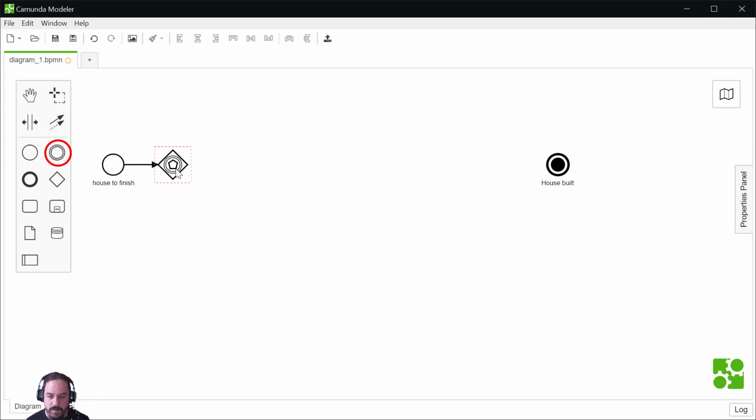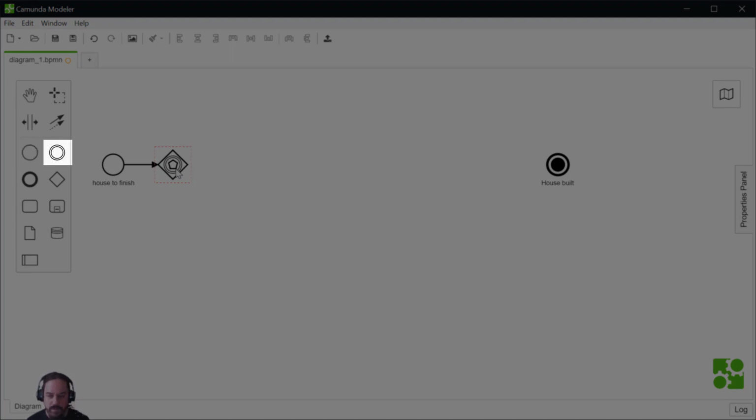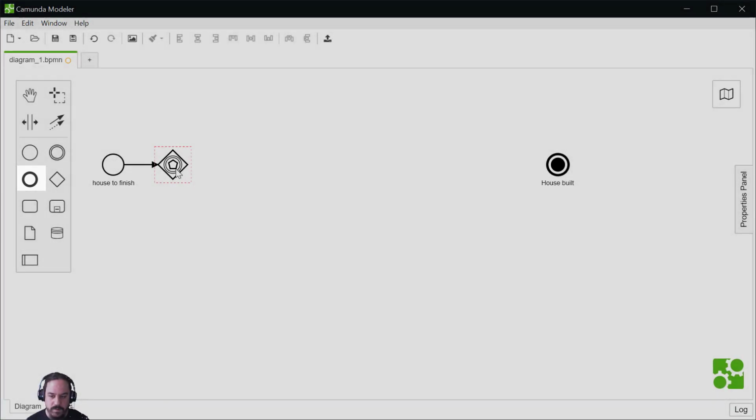And there is a way to remember start, intermediate, and end events by seeing the border as a progression. We will see that the border is bolder. First we have a single border, which is very subtle. Then we have a double border, which is a bit less subtle, of course. And then we have a full border, which is bold. So that's a geometric progression that can be easily remembered. That's the goal of BPMN.